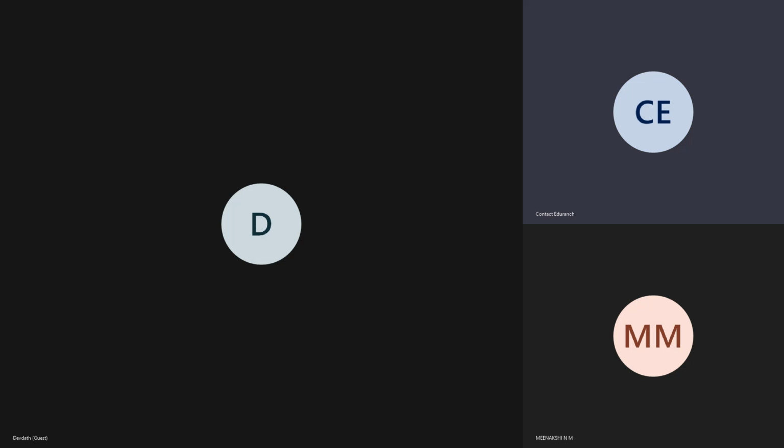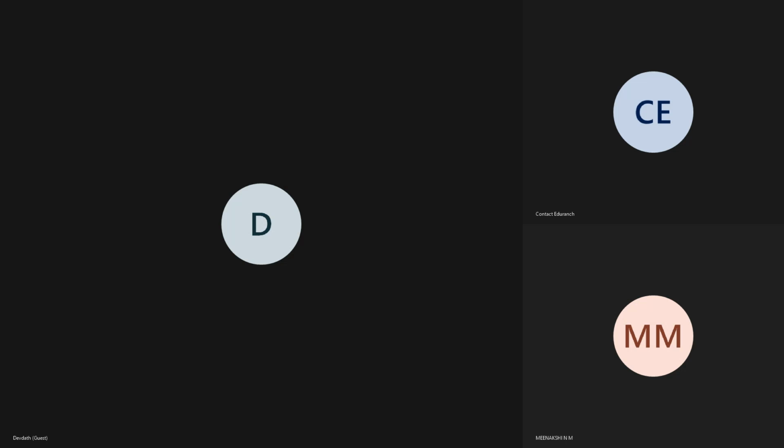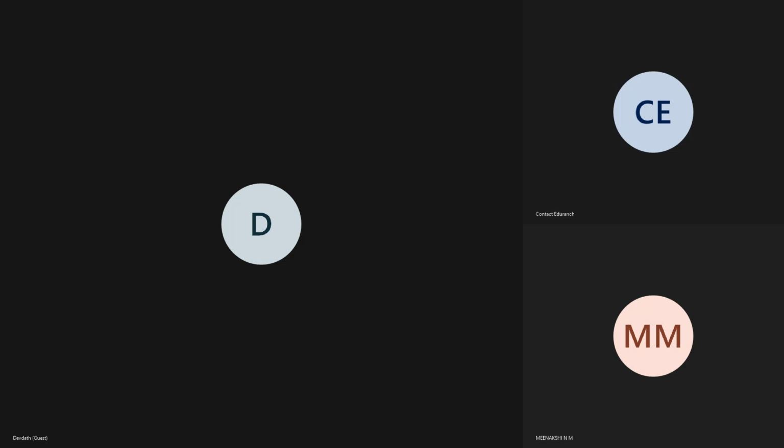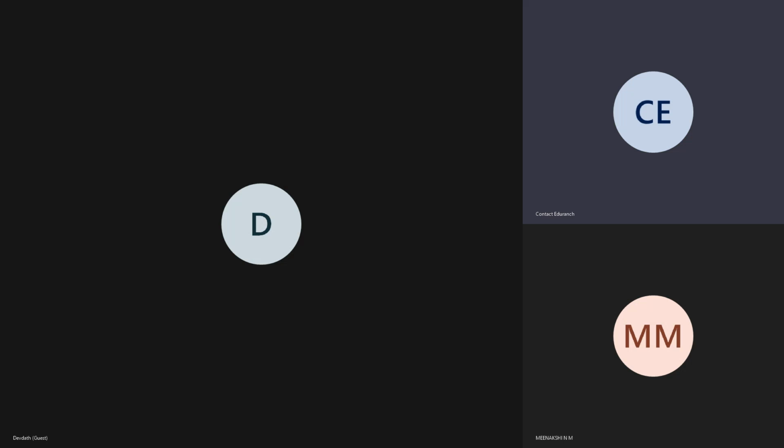Meenakshi, is it clear? You have to write a function taking one variable, number, and check whether the number is odd or even, and if it is even, print even. If it is odd, print odd. Can you show your screen? We will do it together. Here you have to use an if else statement, otherwise this will not work.